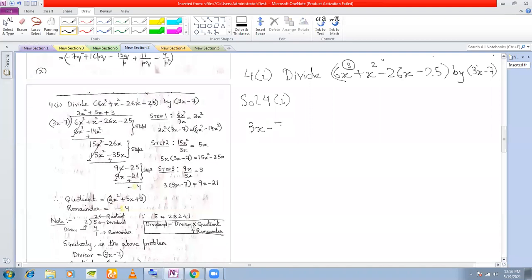Sir, I am saying that if the power of the divisor is greater than the dividend, we can't divide. No, you cannot use the division method to divide. Okay. So, sir, for example, then what method will we apply? You tell me first, if you have a fraction like 4 by 7, can you divide? If you have a fraction like 8 by 4, 8 is greater than 4, right? You can divide, you can cancel, right? To get 2.